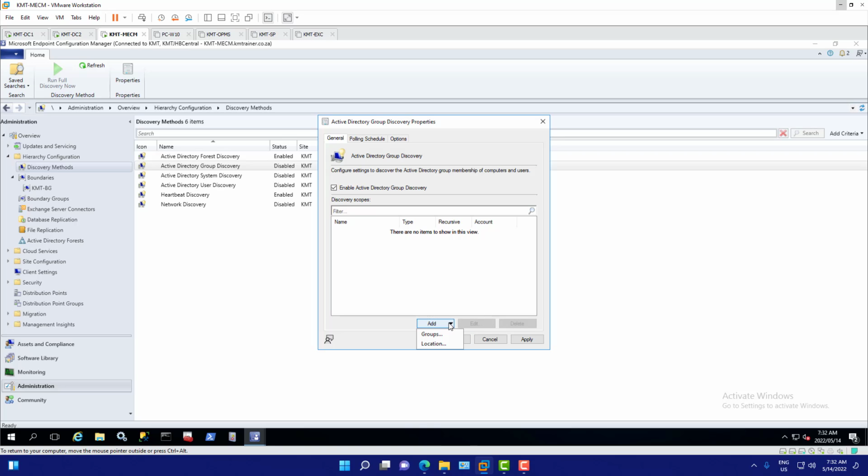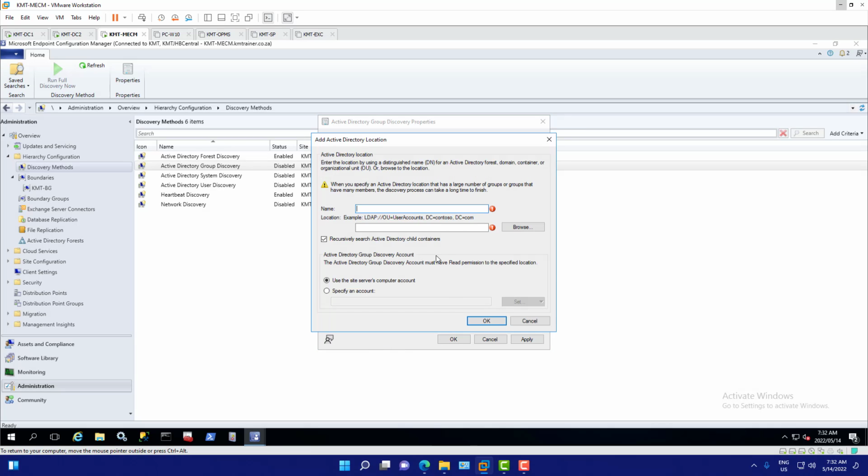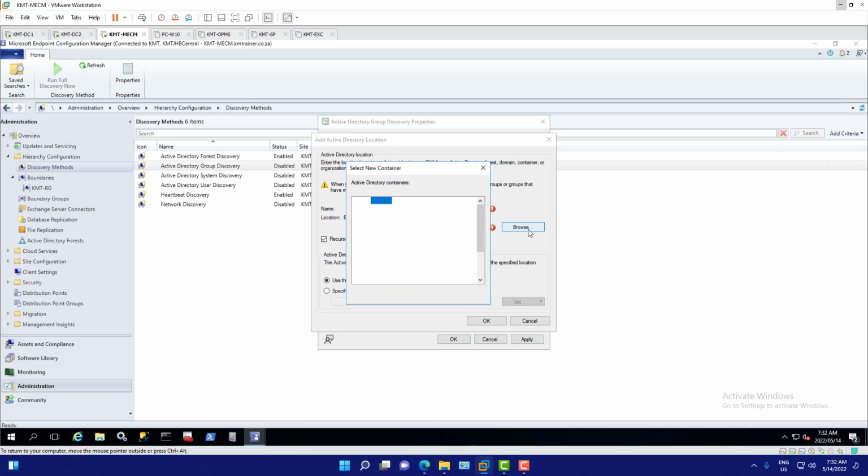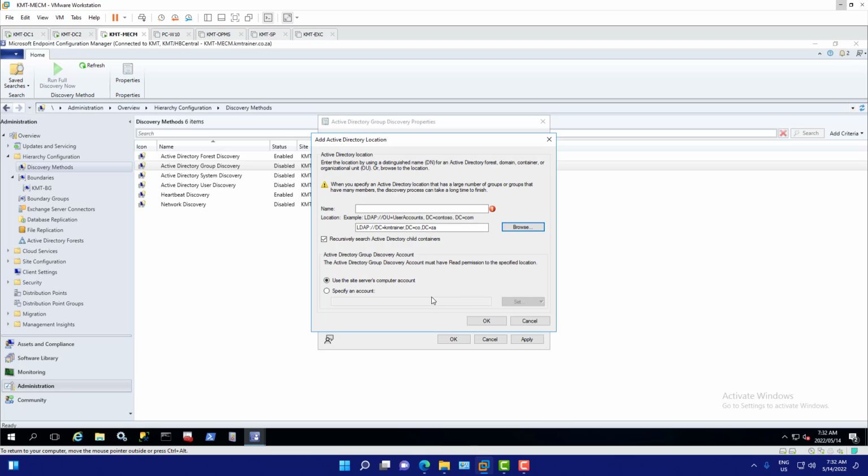Come here, add location. Okay. Browse, entire domain, click OK. It depends on how you're going to lay it out. So I'm going to name it